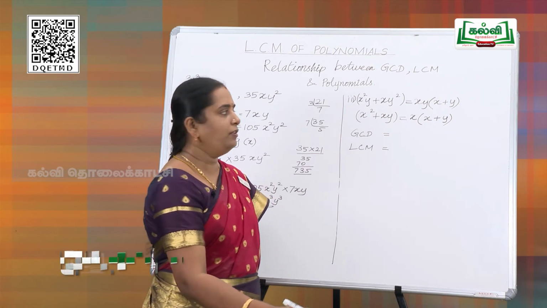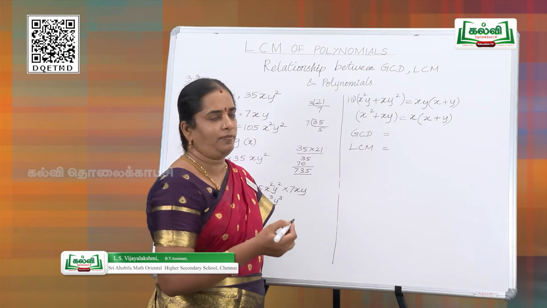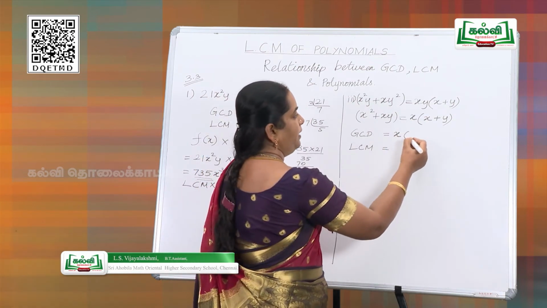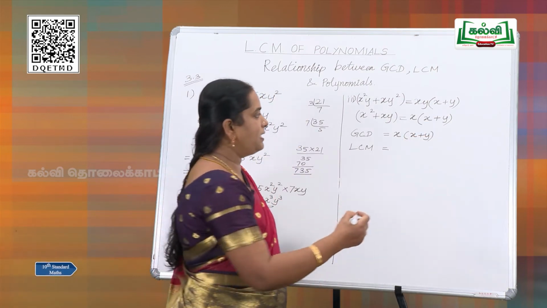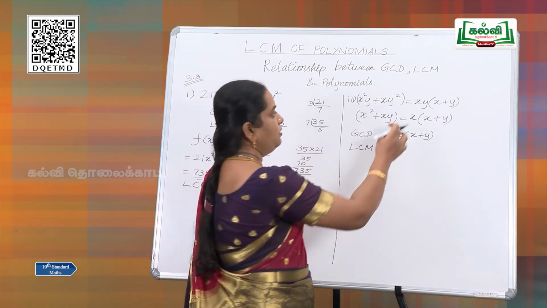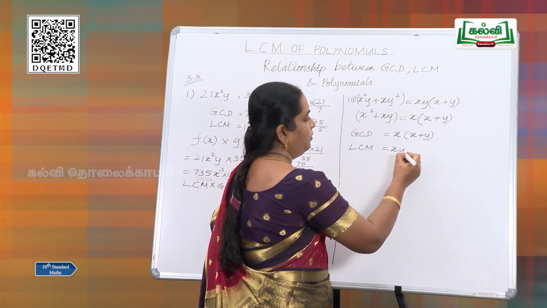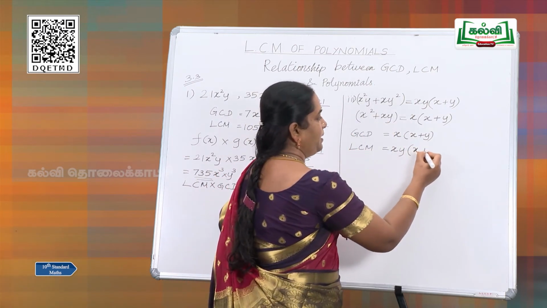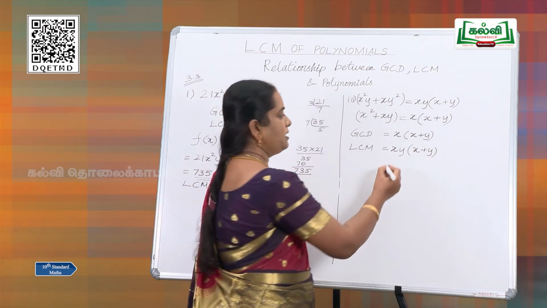So, we have to find the GCD as the common factors, that is the least power of the common factors. So, common factors here are x and x plus y. So, we have to take the product as x into x plus y, and for the LCM we take the factors of highest degree. So, the factors here are x with highest degree 1, and y is another factor, highest degree 1, and one more factor is there, x plus y, its power is also 1. So, this is our LCM.